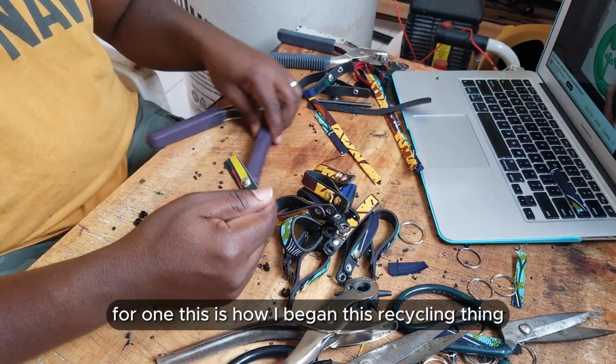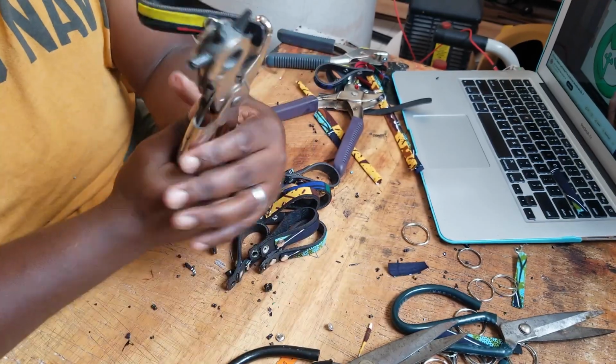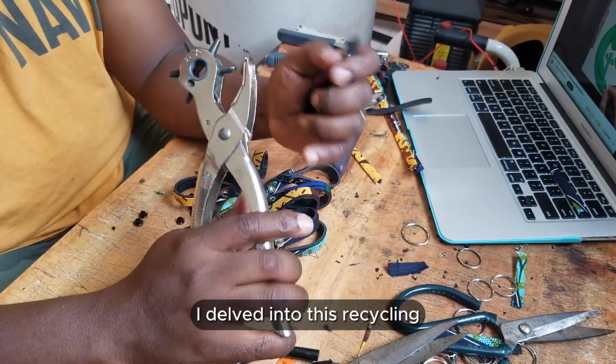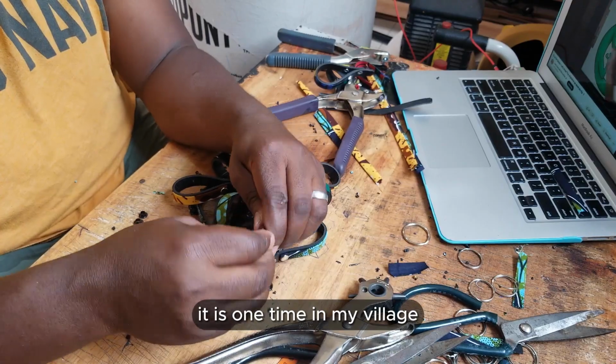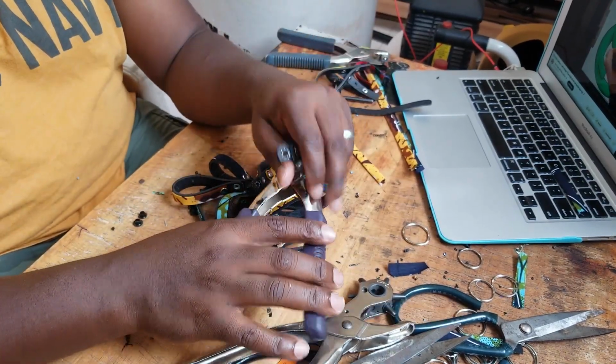It is changing so badly. So let's encourage people to come on board and embrace recycling, because we need it. I, for one, this is how I began this recycling thing. I think it was way back after finishing university. That's when I delved into this